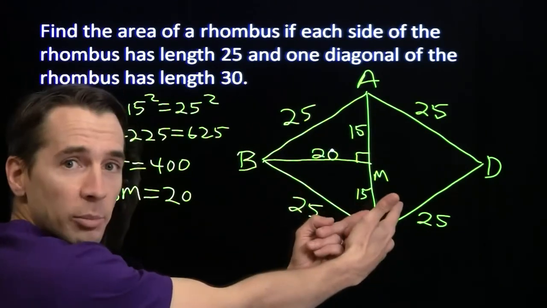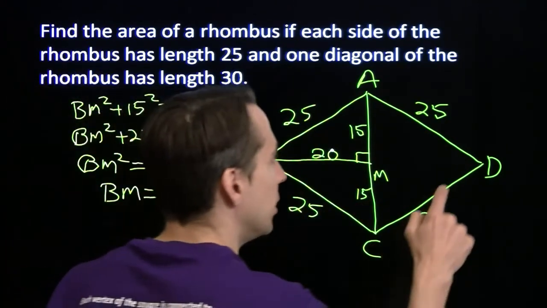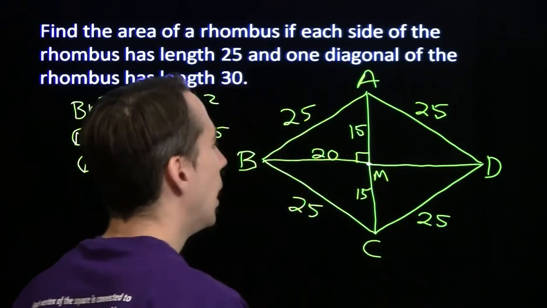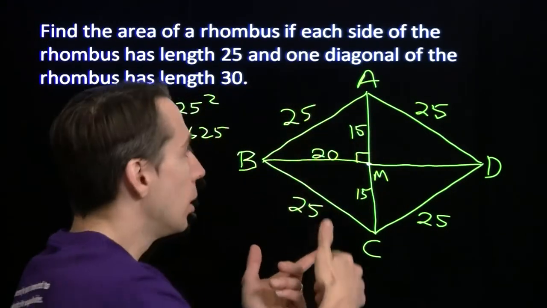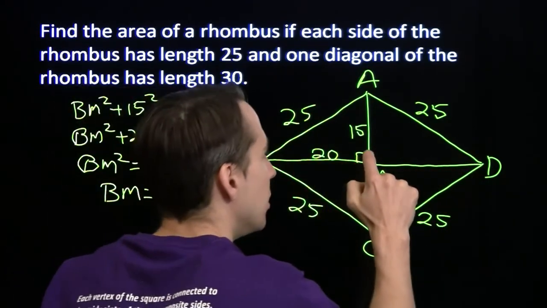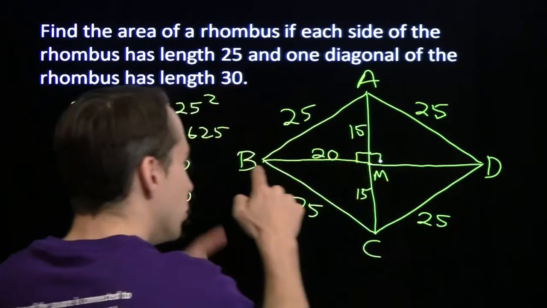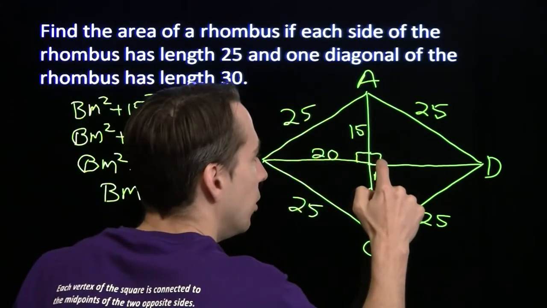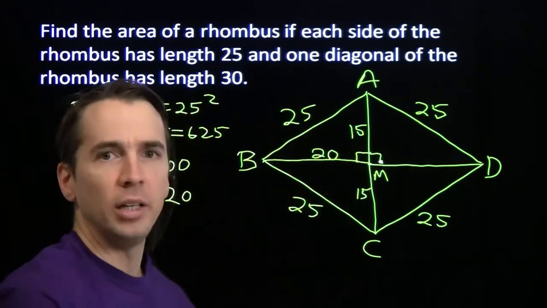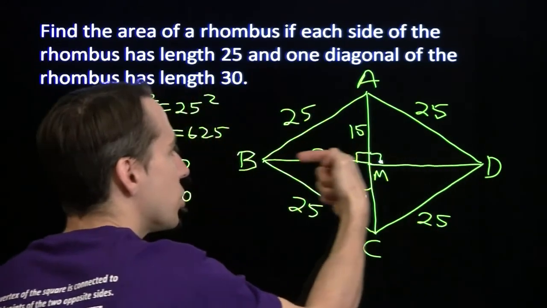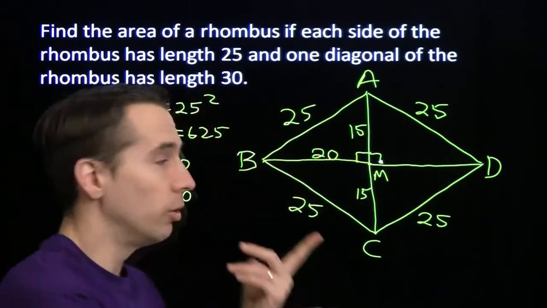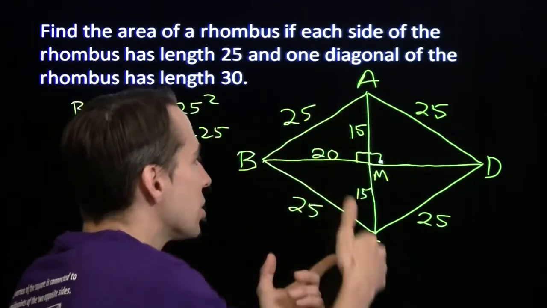And then we can do the same thing over here for triangle ADC. Start off, we draw the altitude, and it has to hit the midpoint of AC as well. So the altitude from D has to hit the same point on AC that the altitude from B hits. And of course, these are both right angles. So these angles add up: 90 plus 90 is 180. This is a straight line. And that tells us that this is the diagonal. This is the diagonal of the rhombus, just like this is.